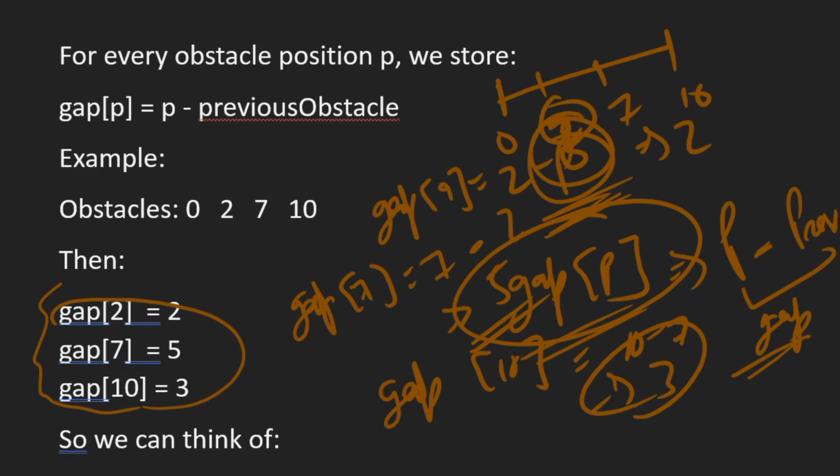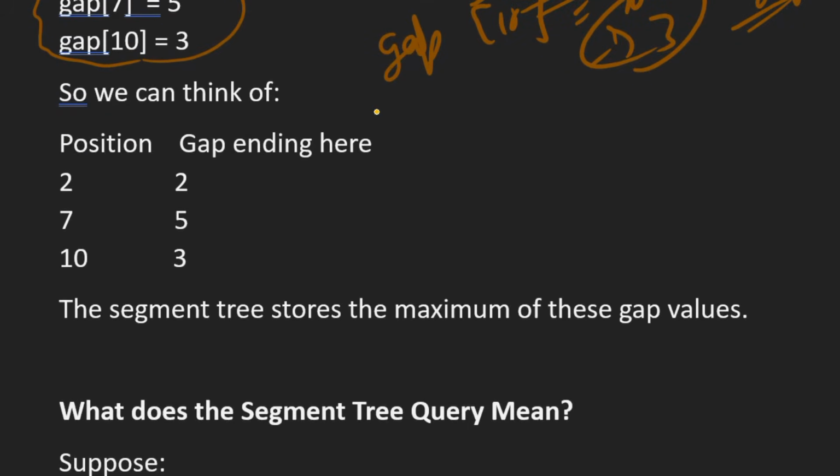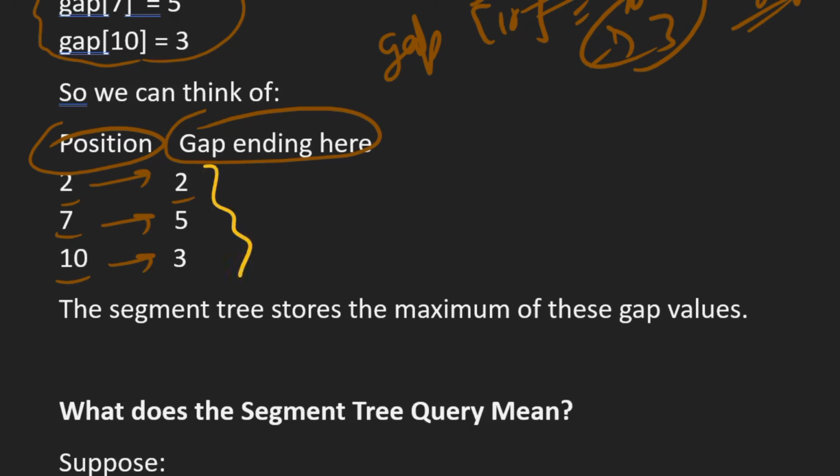We find these gaps between the obstacles, right? So we have positions and the gap that is ending at that particular position. At position 2 we have a gap of 2, at position 7 we have a gap of 5, at position 10 we have a gap of 3. And now what we'll do is we store these gaps in the segment tree,